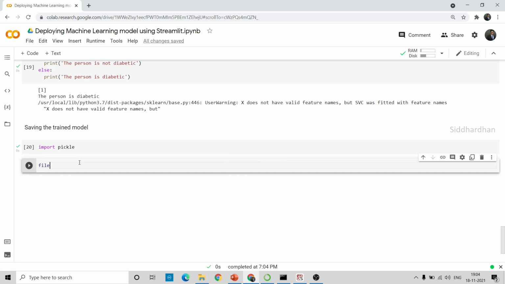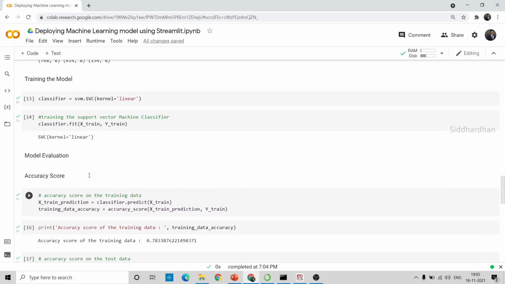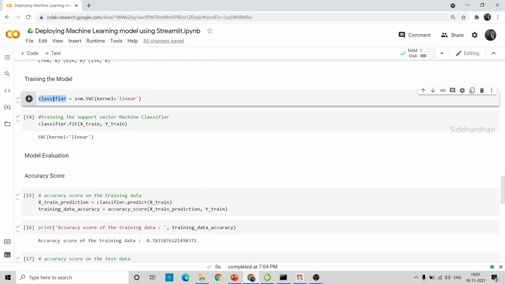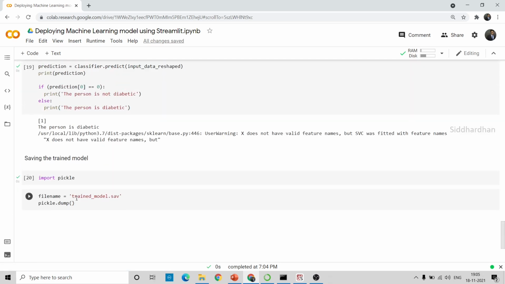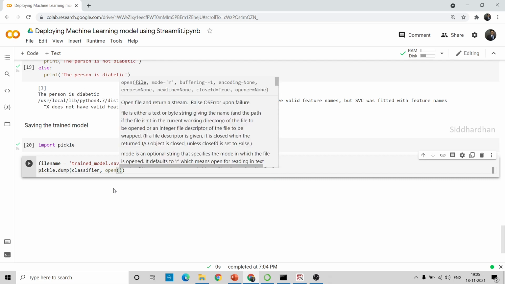I'll create a variable here as filename. In this variable, I'm going to give the name of the file that I'm going to create. I'll name this trained_model.sav. So it is basically a saved file, and I'm going to use the function pickle.dump, and within this I need to mention the model that I want to save. Here we have named the model as classifier, right? So I'll copy this classifier term and paste it here: pickle.dump(classifier, and we need to mention open(filename,